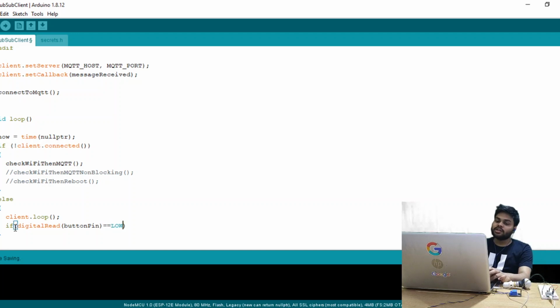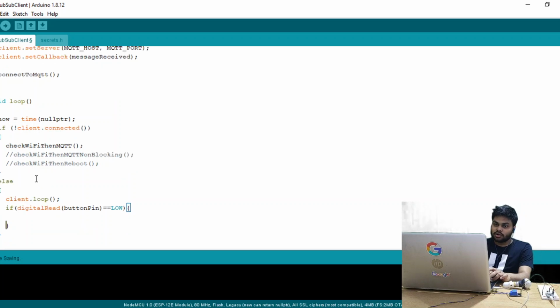We know that in input pull-up mode, if the button is pressed, a low signal will be sent to that pin, since one end is connected to the ground, so a low signal will be sent to pin D4. So we check if it is zero or low, and we will publish an MQTT message. How to publish an MQTT message? It's quite simple. client.publish, simple.